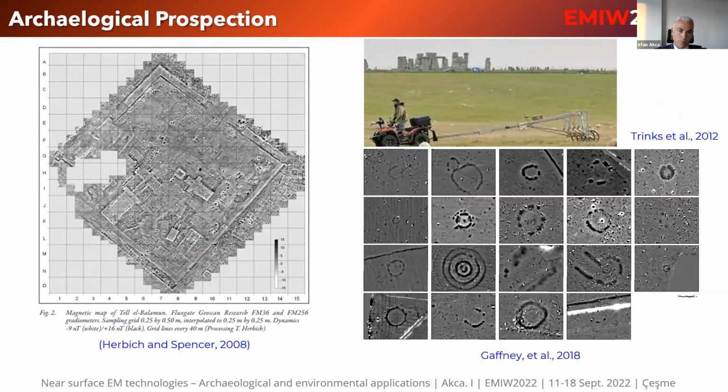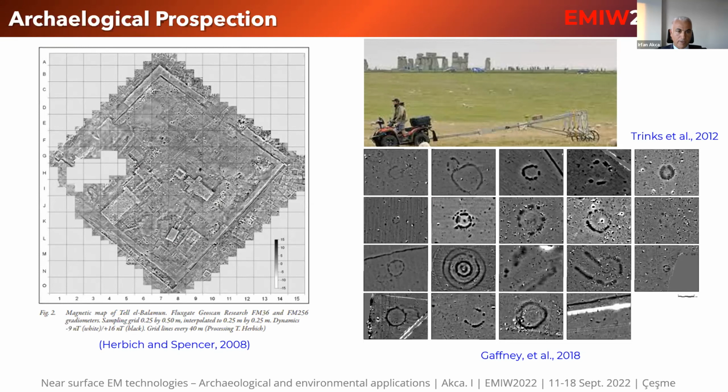The magnetic method is another popular geophysical method which we use in archaeological prospection. You also see two very good examples of this method. The one on the left is conducted in Egypt, a tomb site. You can see a lot of anomalies which look like a map directly, but none of these structures are on the surface. They are underground,